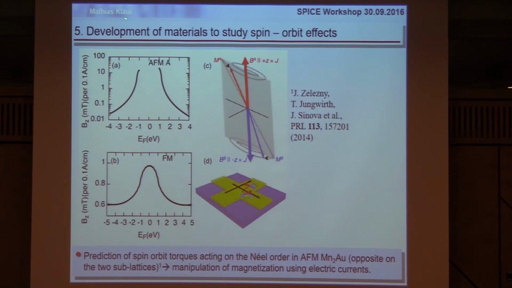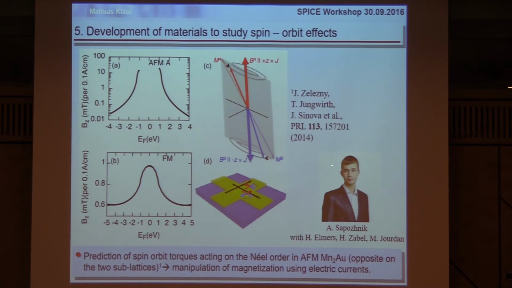And so this was based on a motivation by the paper by Thomas and Hyro, that manganese to gold is good. And this is really the project of Alexis Saposnik. He had a poster here, and it's done together with Hajo Elmas, Hartmut Zabel, and Martin Jordan. So we worked on depositing this material and understanding the techniques, in particular trying to set the spin structures of